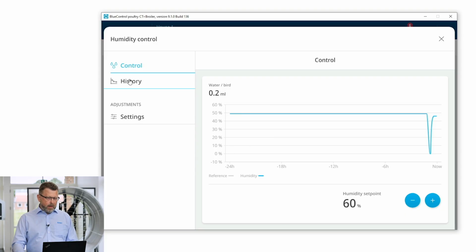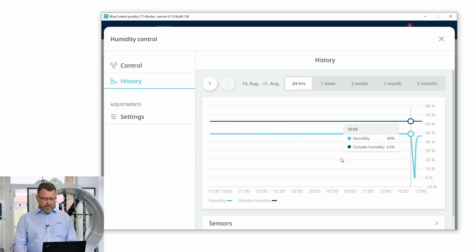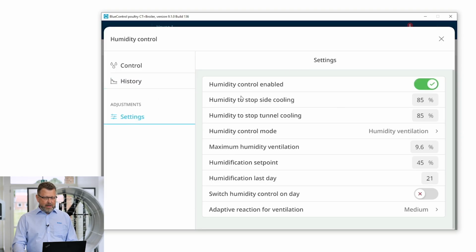But you also have here the history of your humidity sensors, and you have the settings related to humidity. So you can enable or disable humidity control. But it's also here you have settings like, in this scenario we have cooling installed. So here you can also define when should cooling stop because of high humidity, as we don't want bad litter